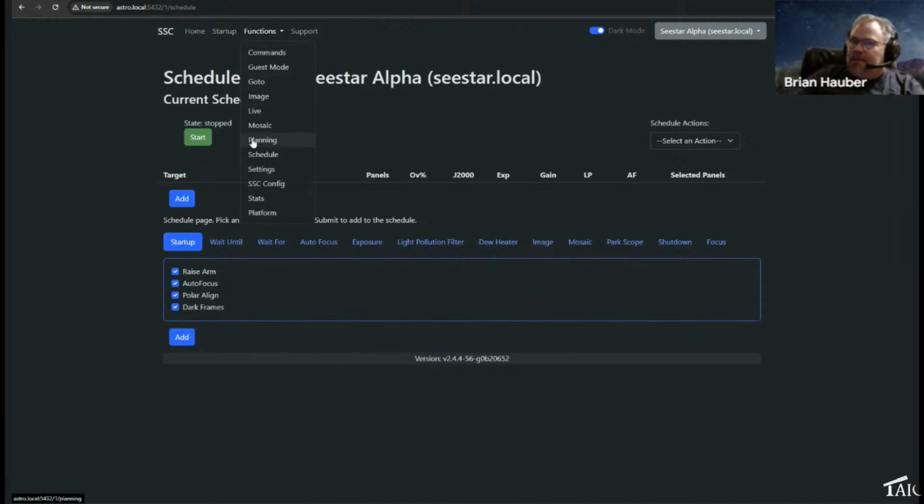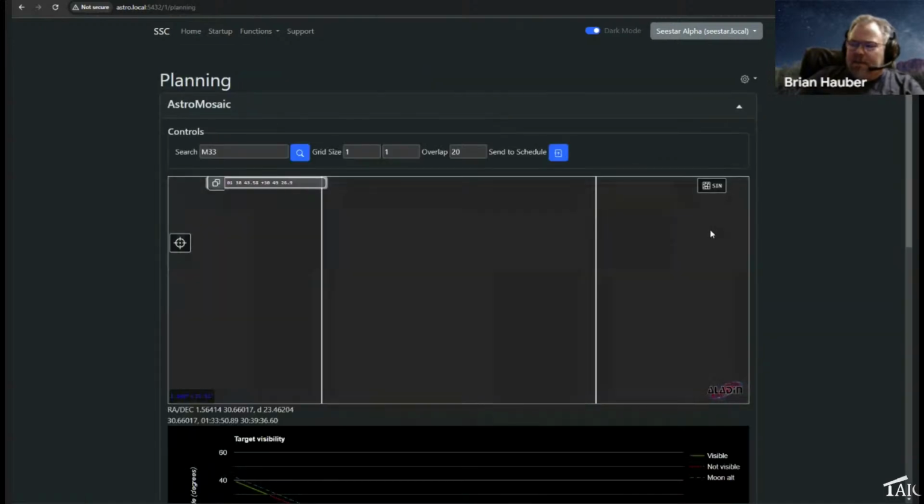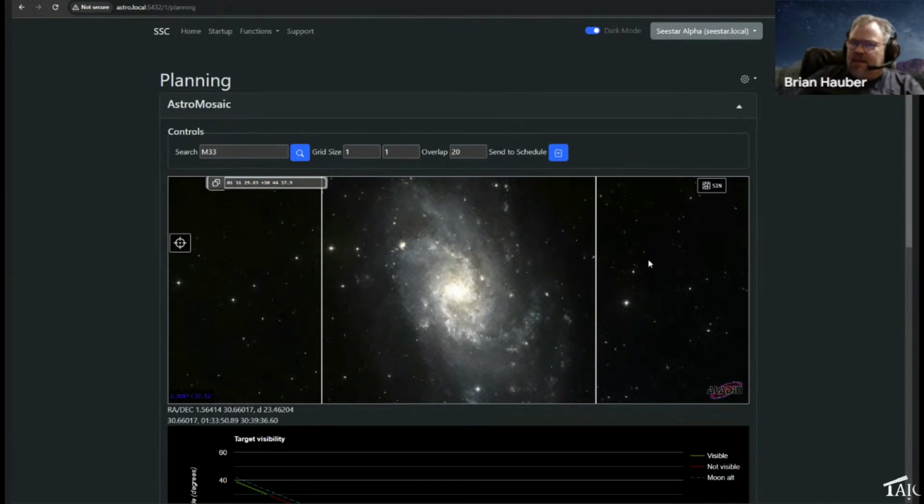So let's see, planning. We can go to the planning page. The planning page, we've integrated several other websites where they have the ability to put a widget on your web page. So this is from the Astro Mosaic site. So you can go and do all of that, and then once you figure out what you're going to do,